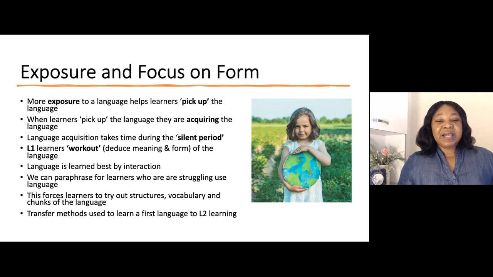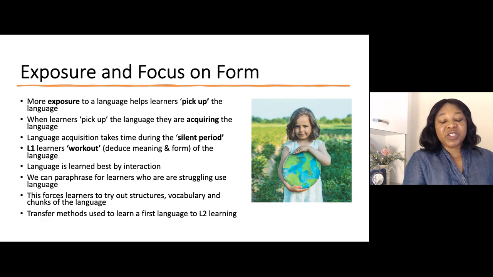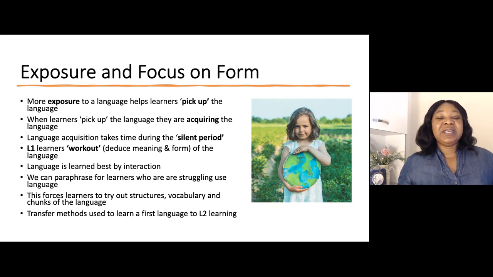Okay, so the learner can acquire a language through a silent period as in a natural environment. In school, we may not have a silent period, but we can do a lot of activities. So we expose the learner to a lot of English with a lot of interaction. We help the learners by paraphrasing. Okay, we don't have to force the learner all the time to try out structures. They should be permitted to make mistakes as they learn.